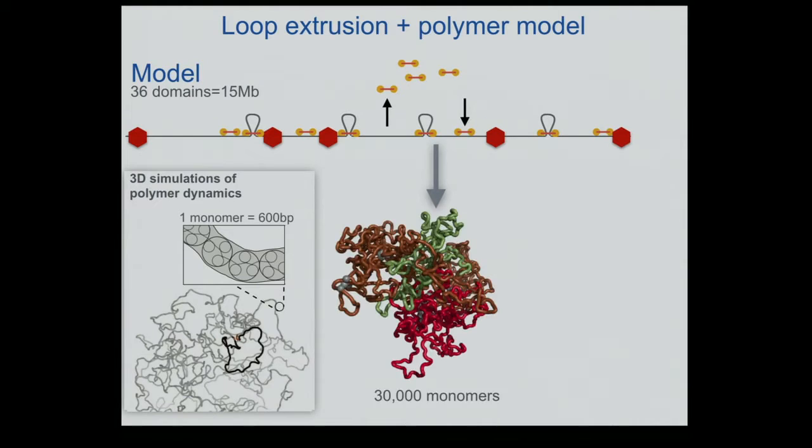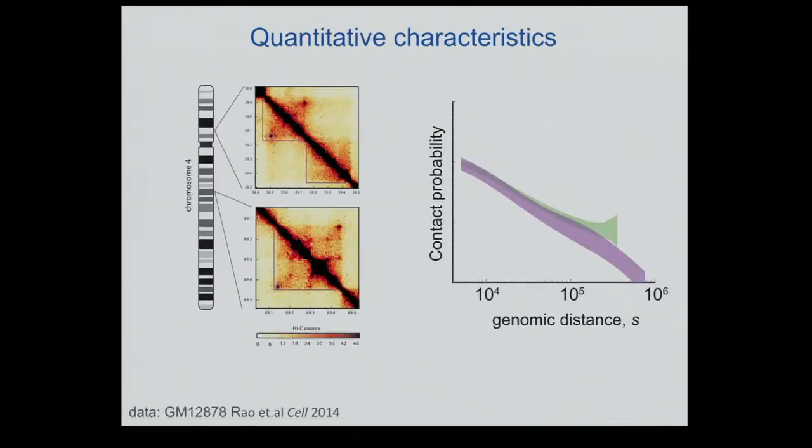So we implement these constraints and active loop extrusion. These are not only constraints. Loops are dynamically changing during simulations as protein jiggles, as DNA jiggles. This just shows you one realization of the conformation of 3 domains, brown, green, and red. And then from this we can calculate contact maps, and then compare this to Hi-C.